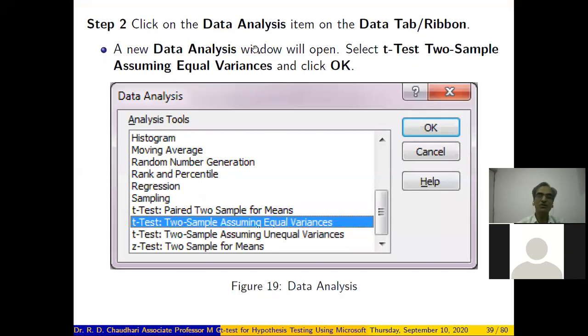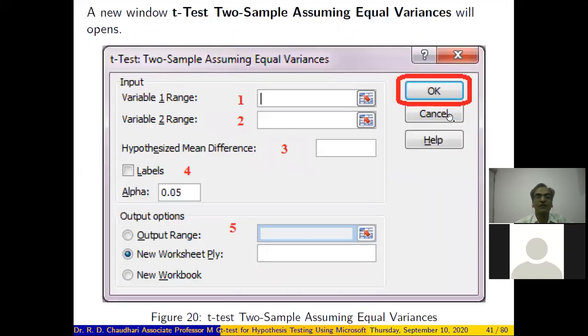A new window will open. Scroll down and select t-test: two-sample assuming equal variances, and then click on the OK button. It will open a new pop-up window, t-test: two-sample assuming equal variances.